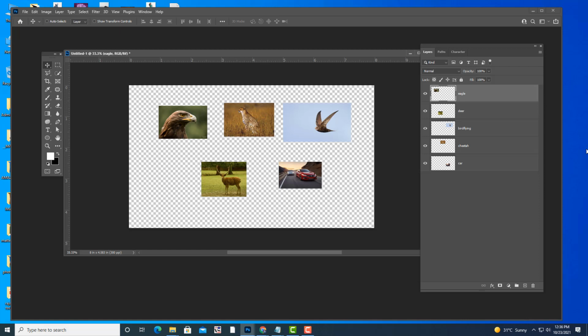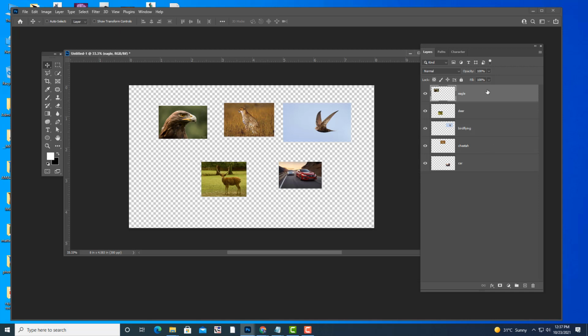Okay, so the next step is we are going to merge visible layers. So we have understood what is merge layers. Merge layers means merging two or more layers. Also, you can use Control key and select specific layers and merge them.